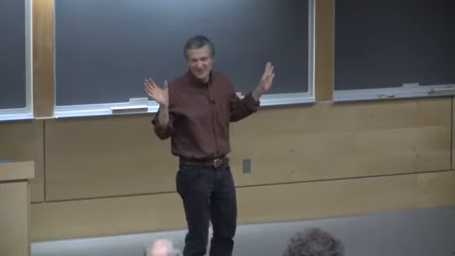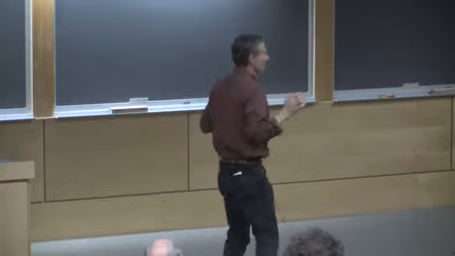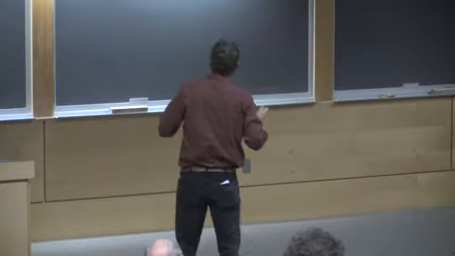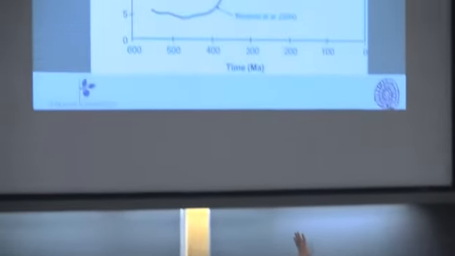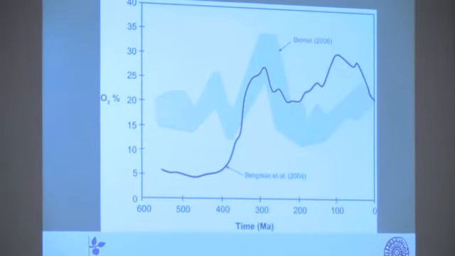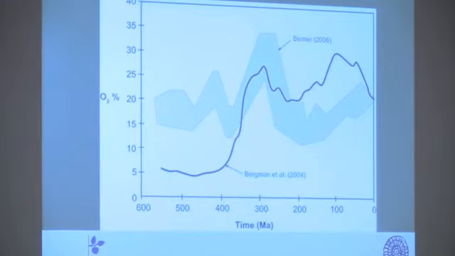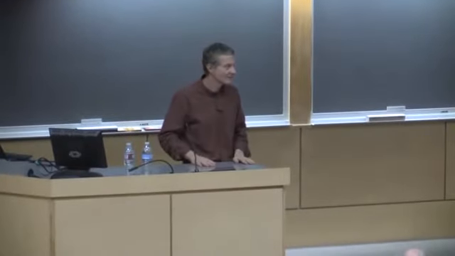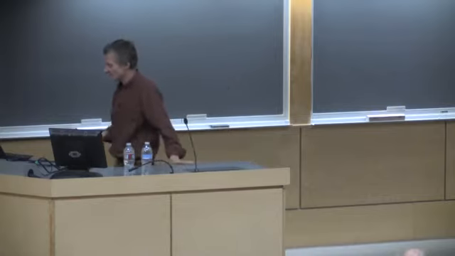And I don't want to get into the details or nitty-gritty or nuts and bolts of how these models work. That would bore us all to tears. But what I do want to show is that the models don't always say the same thing. We have two very good models here. One of them says that back at about 550 million years ago, when animals first started to really populate the Earth in a big way, oxygen levels weren't that different from today. And another model says, yes, they were. So with this difference of opinion, it's probably not a bad idea to see if there is some way we can try to rationalize this.